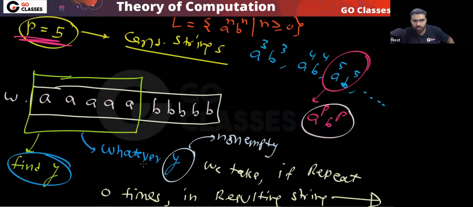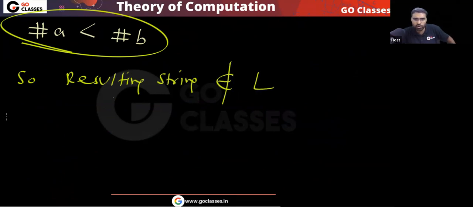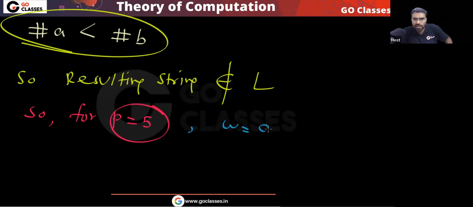So did you understand? Whatever y you take, that will not work. Whatever y we take, if we repeat 0 times, then in the resulting string, number of a will be less than number of b. So the resulting string does not belong to L. So there is no y, yes or no? Agree? So for p equal to 5, this string a power 5, b power 5,